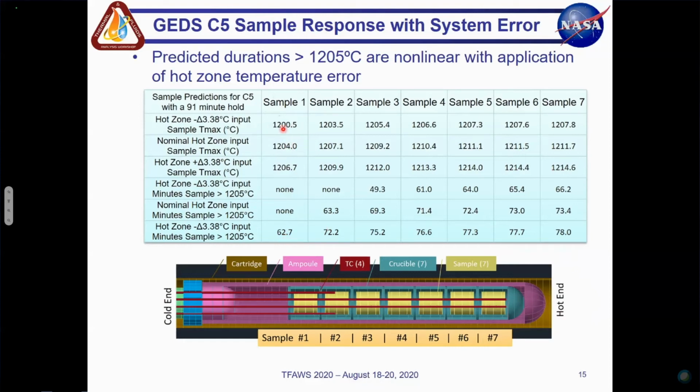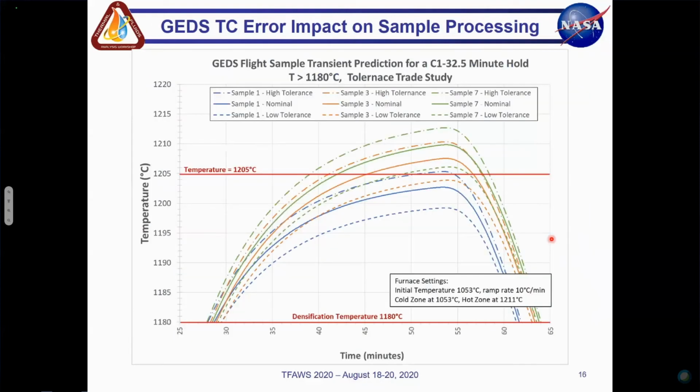So if you look at it one way, if he's only interested in the samples above 1205, it potentially never got there, or it could have been there for 63 minutes. Again, he could have been 4 to 5 degrees away during that whole time. So this is what we wanted to point out. And if you go over here to sample 7, you could have as much as almost a 20-minute difference, 15-20 minute difference in time just based off of the TC error. So a little error in the temperature varied a lot in the time above the processing temperature.